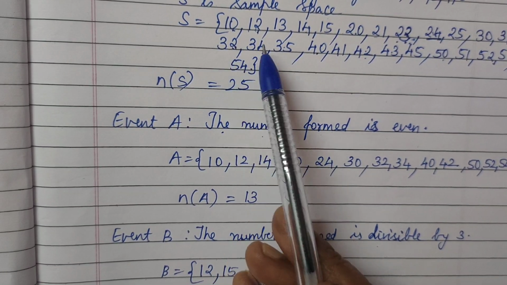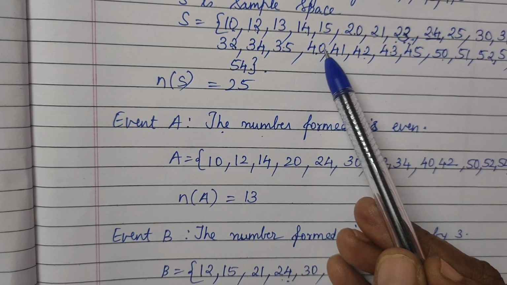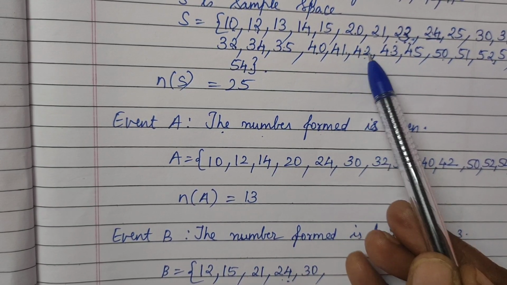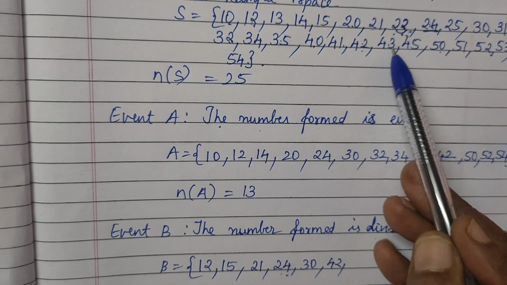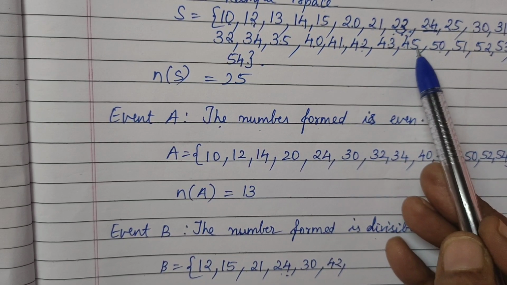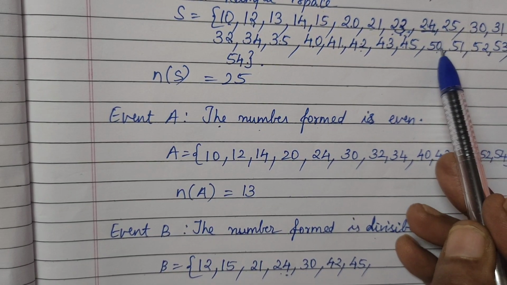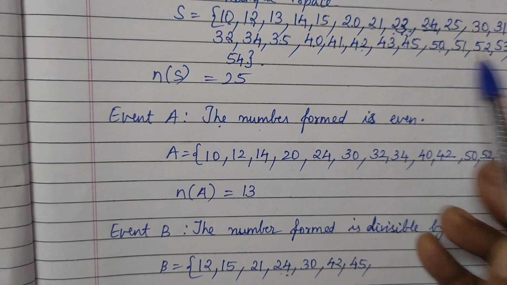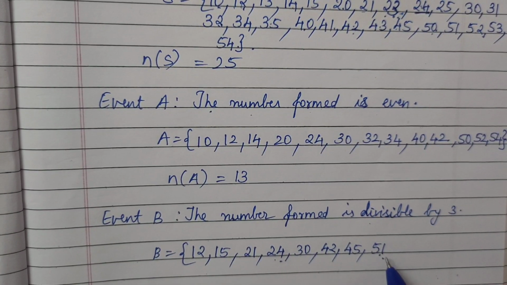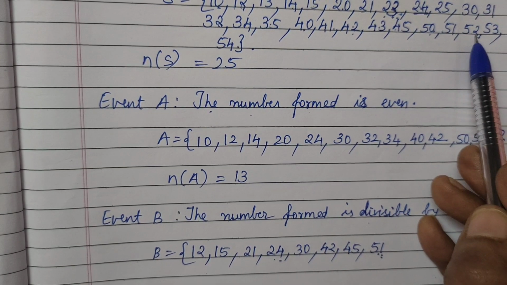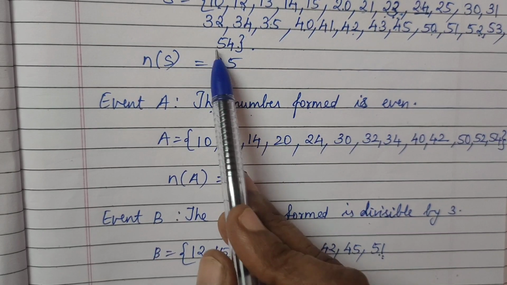3 plus 2 5 नहीं जाएगा. 3 plus 4 7 no. 3 plus 5 8 no. 4 plus 0 no. 4 plus 1 5 no. 4 plus 2 6. 6 3 टेबल में जाएगा. इसके लिए 42. Okay. 4 plus 3 7 no. 4 plus 5 9. 9 3 टेबल में जाता है ना तो 45. Yes. 5 plus 0 no. 5 plus 1 6. This also goes. 51. 51 3 टेबल में कौन से टेबल में जाएगा? 17 3s are 51. 5 plus 2 7 no. 5 plus 3 8 no. 5 plus 4 9. Yes, it also goes.